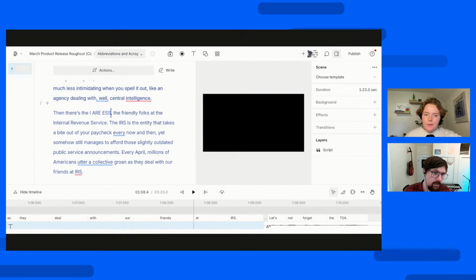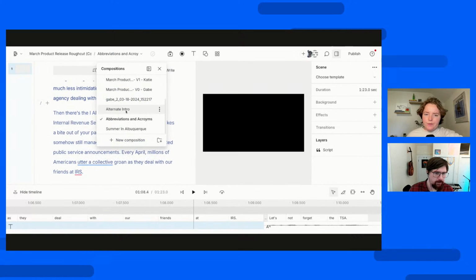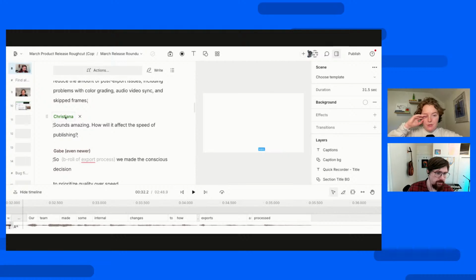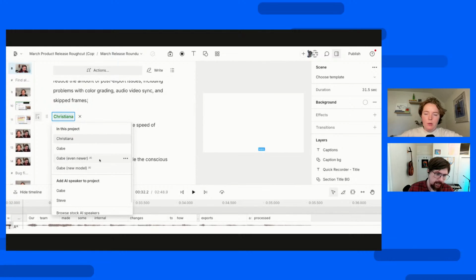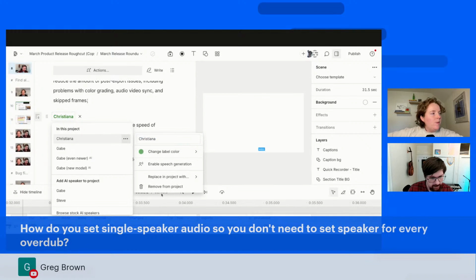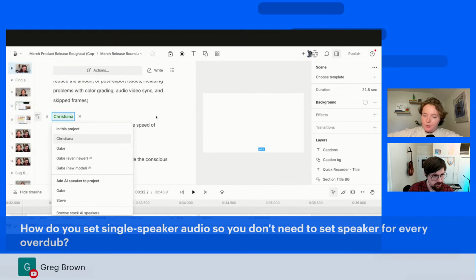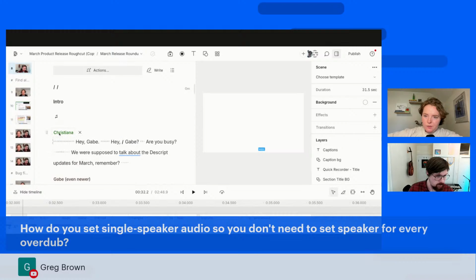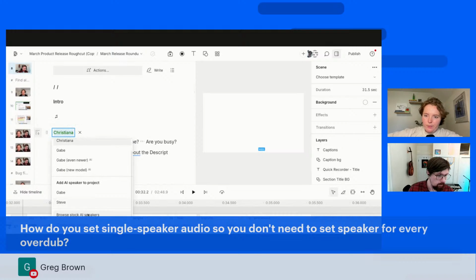In that case, that's kind of a speaker labeling task, I would say. So maybe the easier way to do that, and it's relevant, so we can talk about it for sure. Maybe if I don't need my speakers, I could just start removing them from the project and then just do one speaker for everyone. Yep.